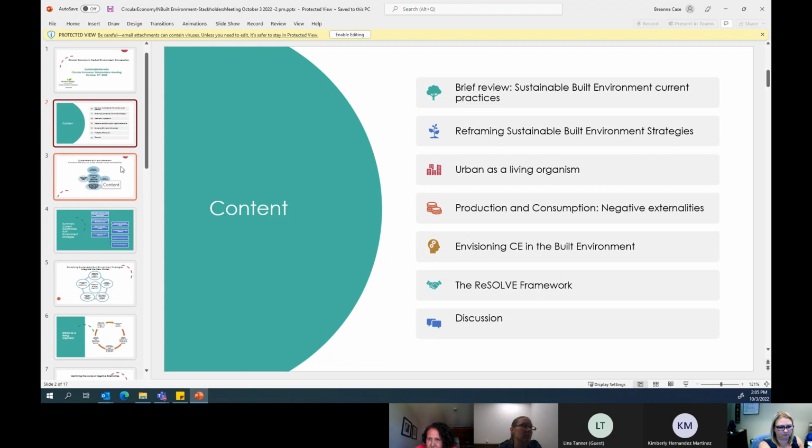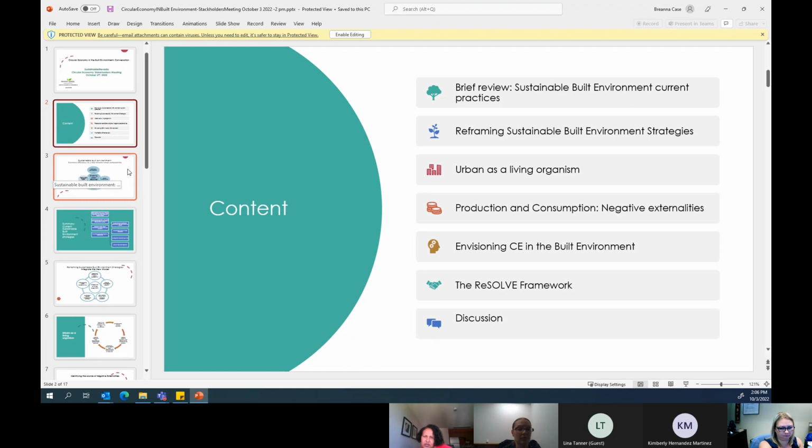And then we reframe the sustainable built environment strategies, and we include what I say now, material efficiency ideas, and how we use the circular economy model to promote these material efficiency strategies.